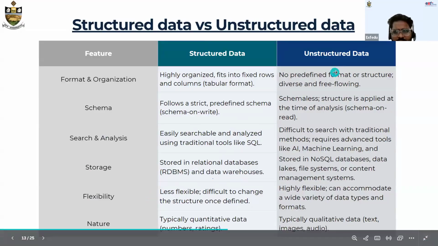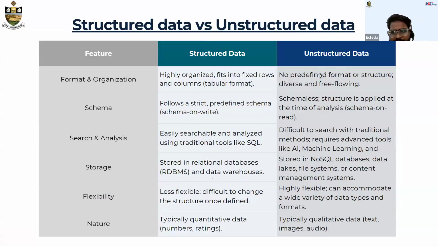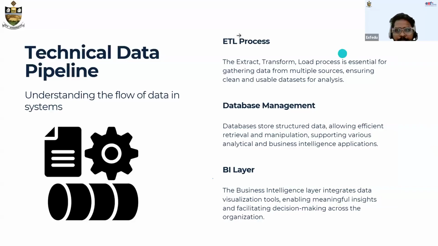Unstructured data, somehow, is quite the opposite. It doesn't follow any predefined structure. For example, it can be JSON data or even binary JSON data. So it can be anything. It's schemaless; it doesn't provide any predefined structure. Since it's unstructured, it will be harder for you to manipulate and analyze it like your traditional structured data. But because it's unstructured, it has a high flexibility towards the data and its manipulation process.